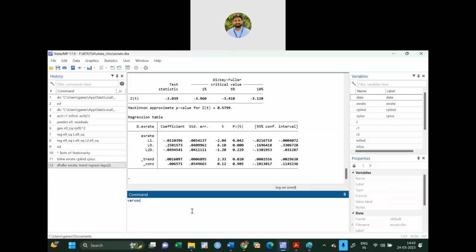So for lag selection criteria, varsoc will help. So it will tell you the optimal lag by itself. So varsoc, xrate, CPI India, CPI US. So if you write this command,